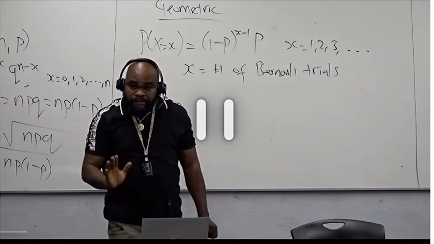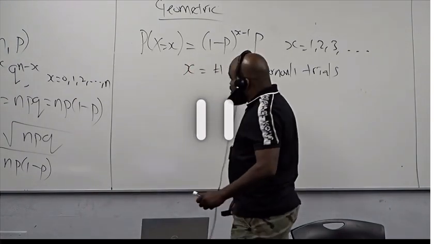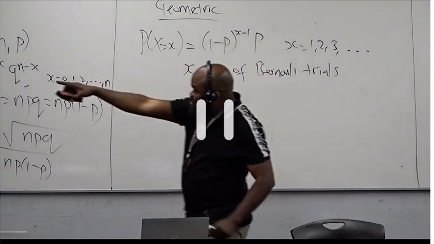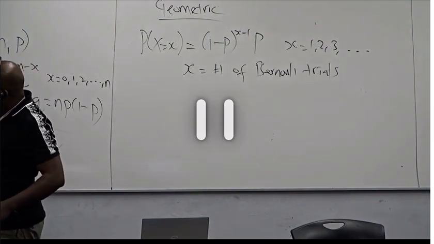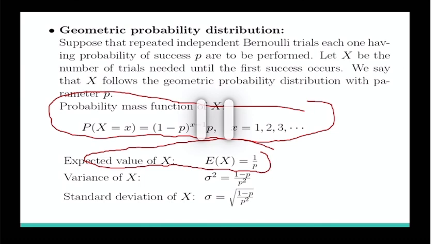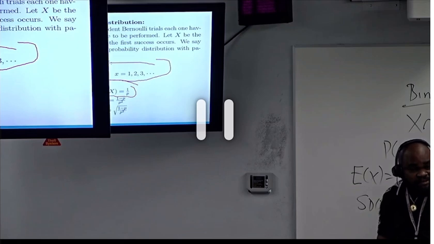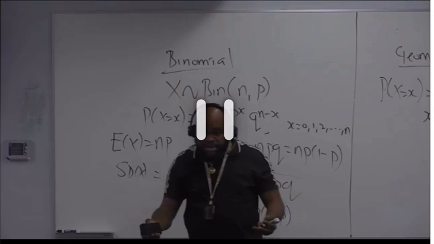Okay, now I'm quickly going to do this. I'm going to derive. Can we derive the expected value of x, the variance of x, and the standard deviation of x for a geometric distribution? You can be given that in the exam. You can be given any probability distribution, and they ask you to derive the expectation of x, the variance of x, and so on like that. I need you to pay attention.